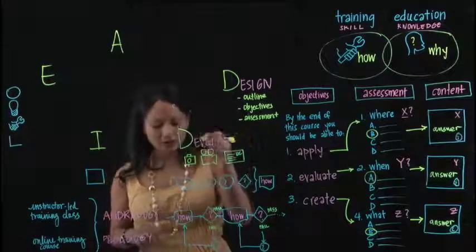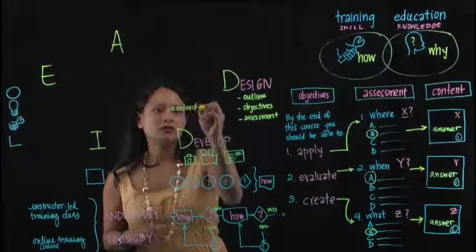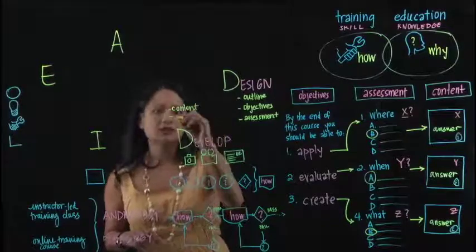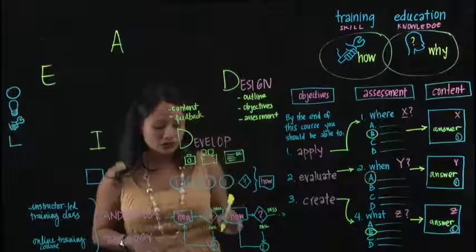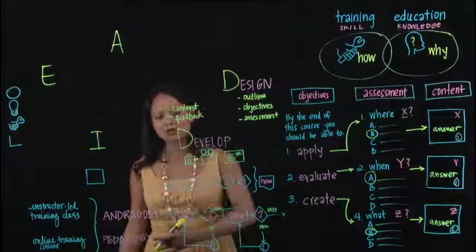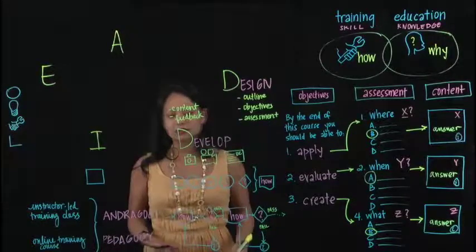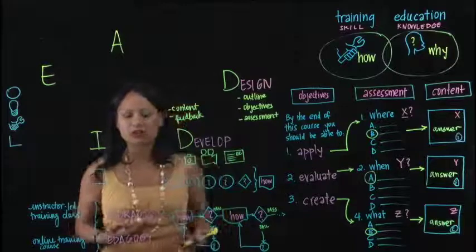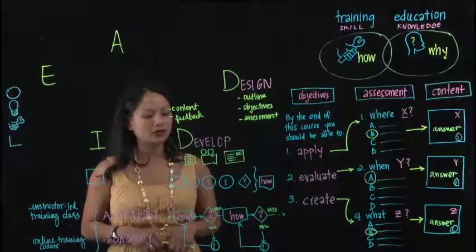Following this backwards design process, hopefully by the end of this development phase, you've started to assemble your content. And what I often say is, don't just assemble your content, get feedback. Have somebody go through your process, or teach and practice in front of them and see if you're successful in transmitting skills, if this is a training course that you're trying to implement.